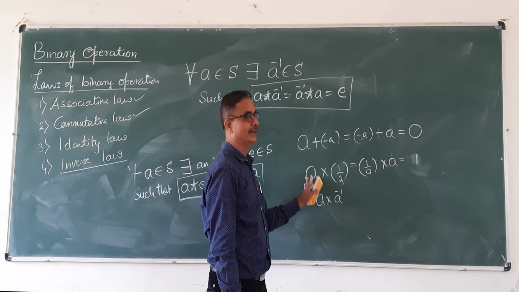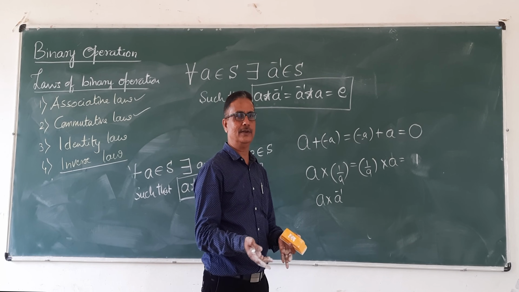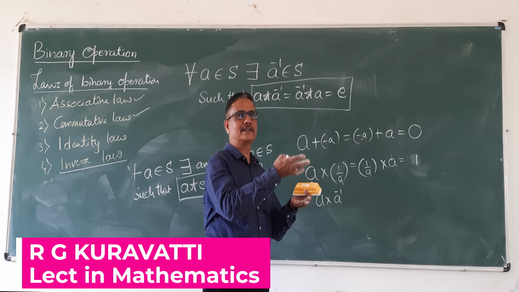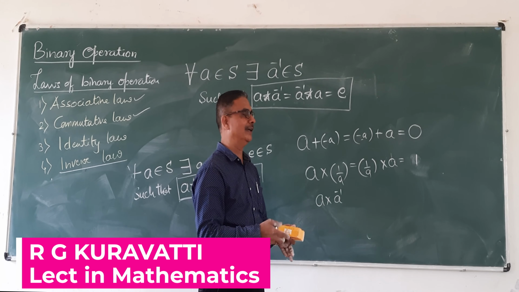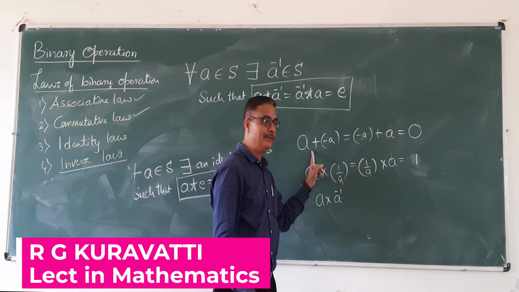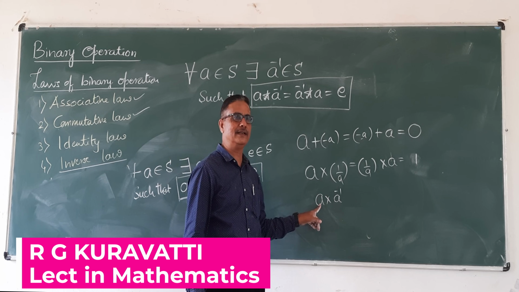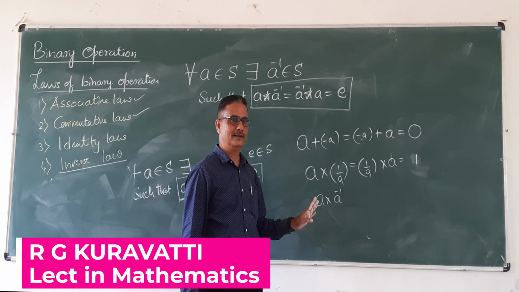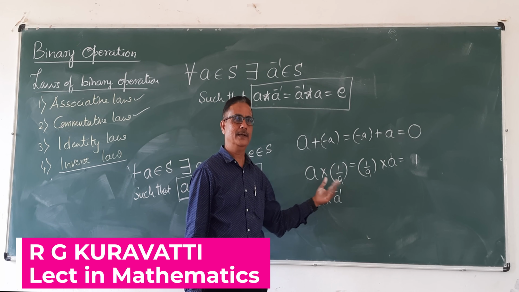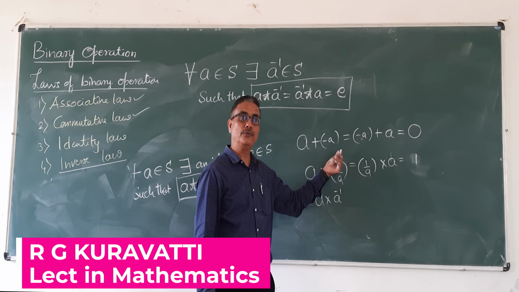Okay, in multiplication, its inverse: 2 into its inverse is in multiplication 1 by 2. If 3 is given, its inverse is 1 by 3. If minus 3 is given, its inverse is minus 1 by 3. Okay, so remember in general in addition inverse element is negative of the given data, whereas in multiplication its inverse is its reciprocal. A given, its inverse is A inverse. B is given, inverse is B inverse. In multiplication it is the reciprocal, in addition it is the negative of the given element.